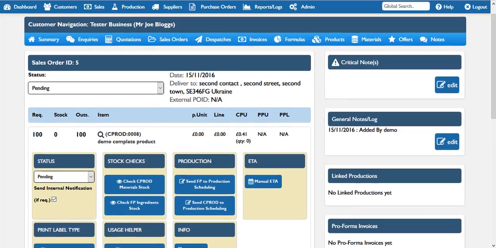Down the right hand side, we have some other key information which may be of note. Critical notes. If you add a critical note against this sales order, this information is displayed throughout the sales order's lifespan. It is also displayed in other areas of Receta which are referencing the sales order. For example, on the dispatch page, whenever any of these items appear in the dispatch page because they're ready to be dispatched, these critical notes will come with this item